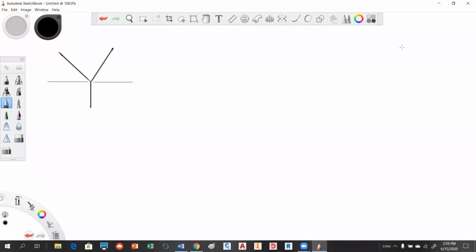Okay, we're going to be working on problem 11 out of chapter 3. This is a cable problem. It also tends to be a concurrent force problem. So we have the point of concurrency right here. Downward acting force here,